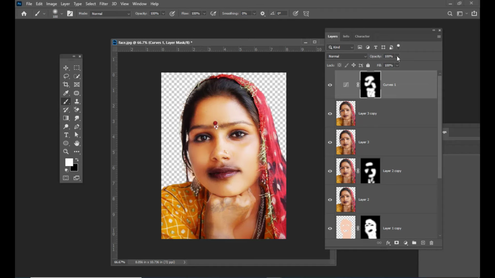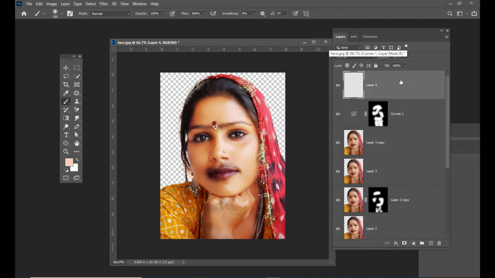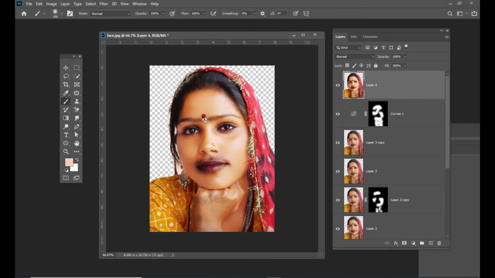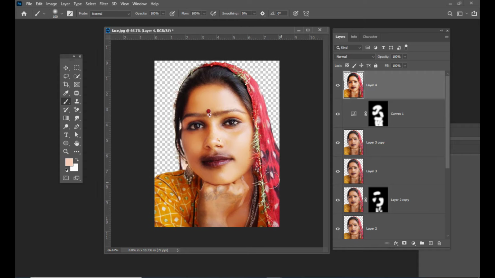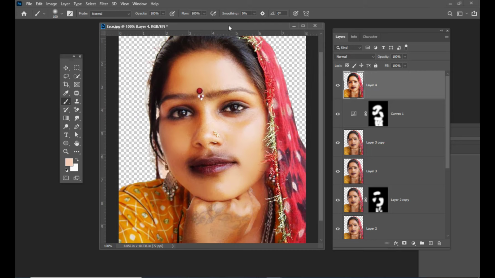And we'll slightly reduce the opacity here, so we don't want too much brightness. Right, that's it. So we'll take one more merged copy here, Ctrl Alt Shift and E. Right, now what we'll do is we'll add some makeup. So first we'll start with her lips. So we'll just select her lips,